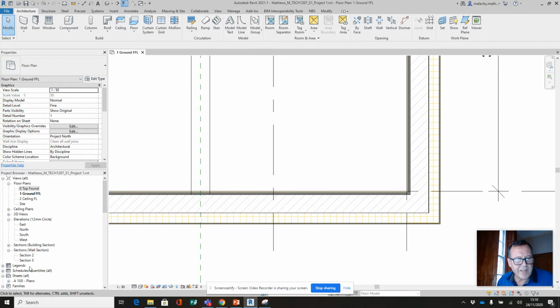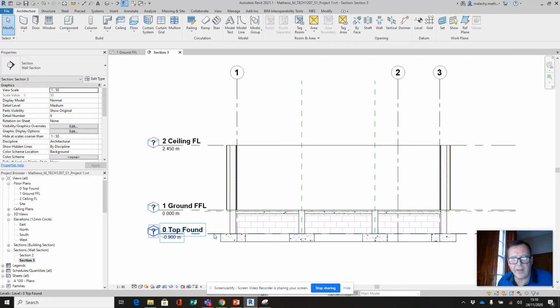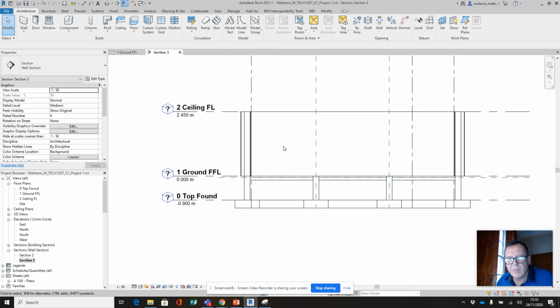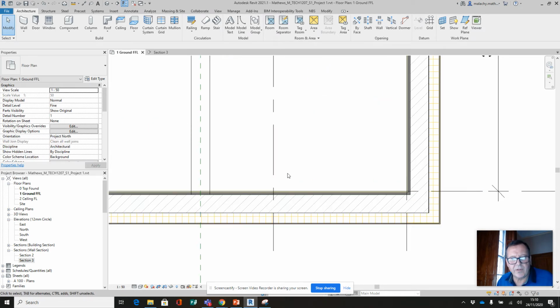Right, let's get our section 3 back up here and take a look at that. Now, there's our nice little slab, under slab, if you like, sitting in place there. And there'll probably be a DPC or something like that underneath that. Probably should have put that in so we can go back in and revise that if necessary. But I'm just going to do the external